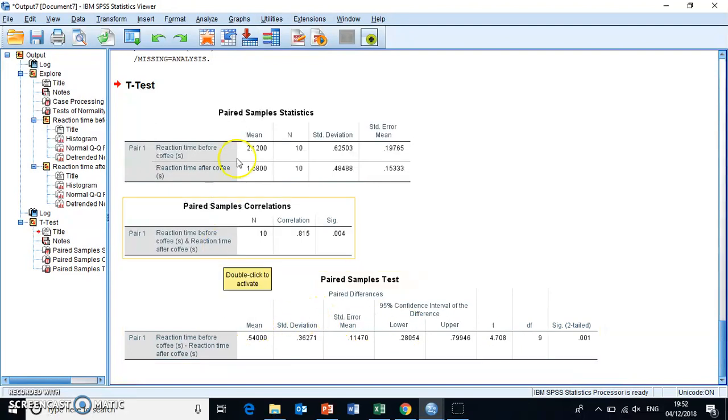And from the actual means, we can see that there is actually a decrease in reaction time. Okay, so people are quicker on the uptake after they've had coffee, essentially. Now, the next thing we want to do is just see what would happen if we had a scenario where